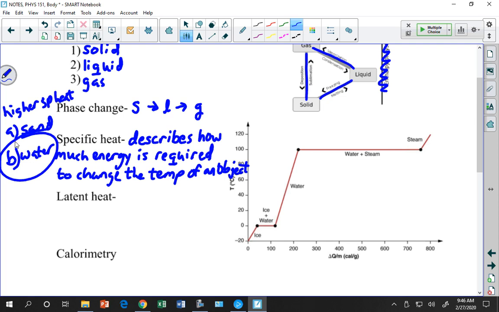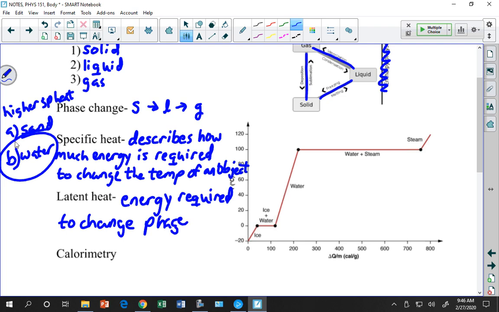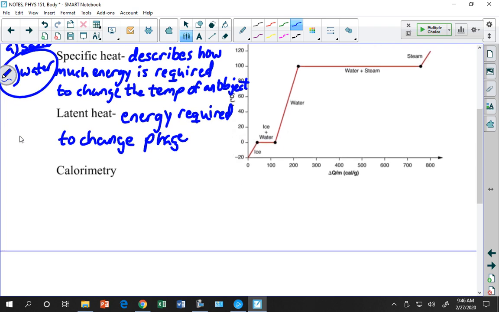Latent heat is the energy required to change phase. Like I'm going through a phase. And then calorimetry is a couple of things. The study, I'll go back to latent heat in just a second. The study of how energy